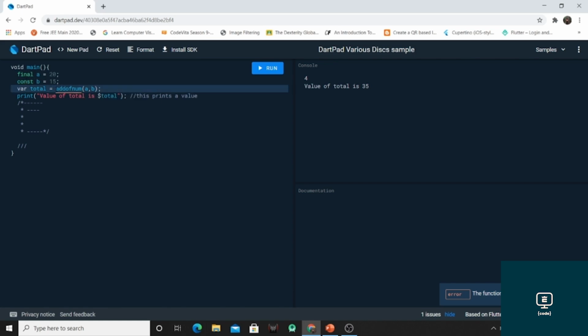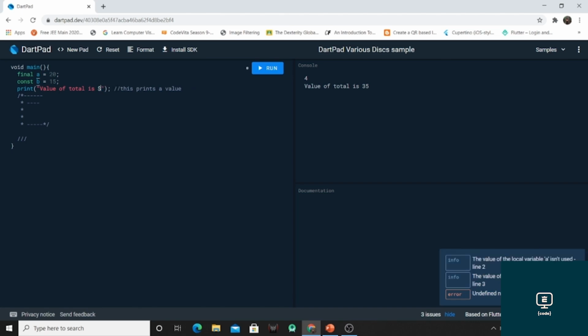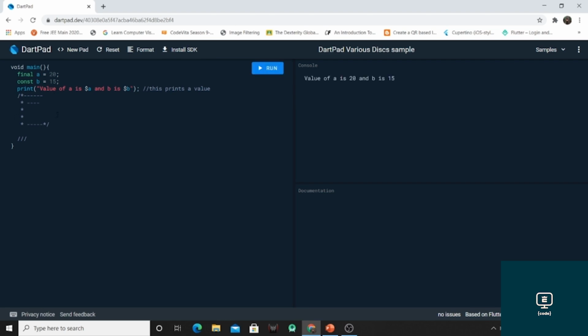So this will return the value of A and B, which are of type final and constant.